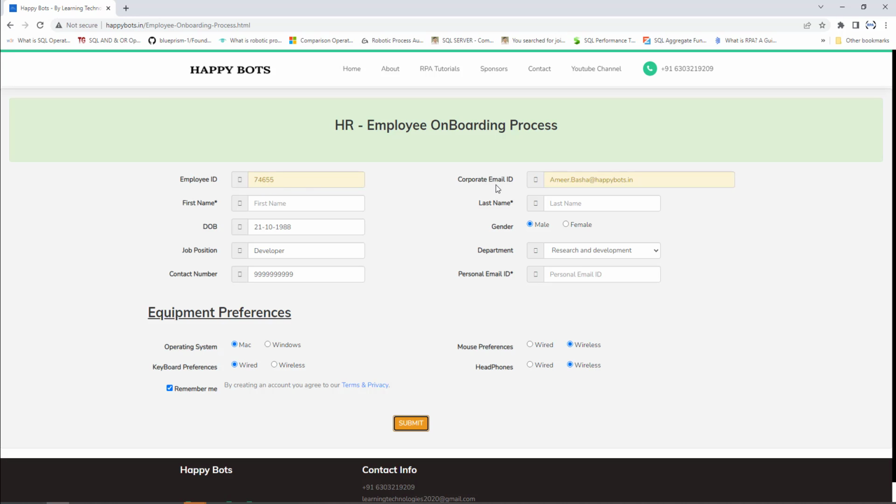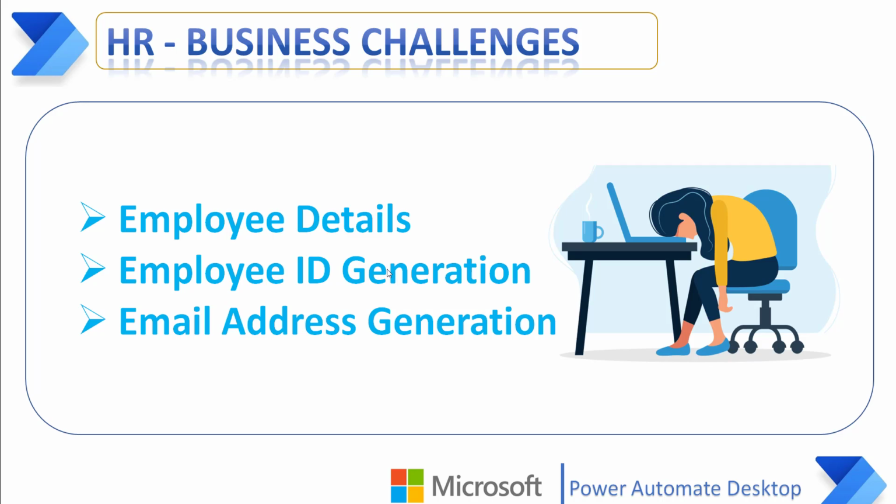74655 and the corporate email ID as amit.basha@happybots.in. This is how the human resource team will onboard the employees by using the employee onboarding process. Once it has been done, they will give the employee ID and the corporate email ID to the particular employee who has been onboarded. But what business challenges will human resource face on a daily basis in the organization for